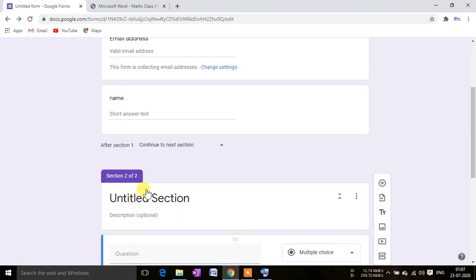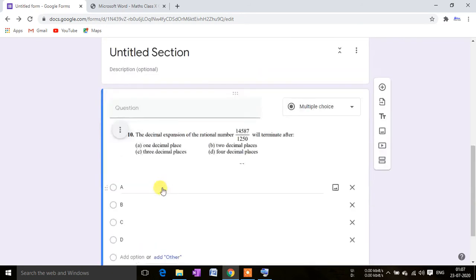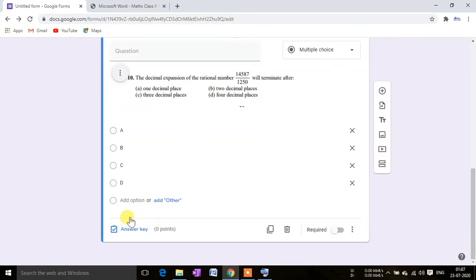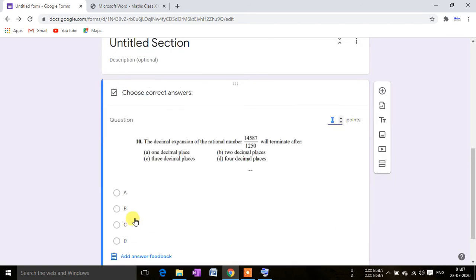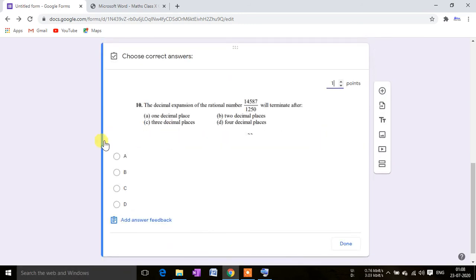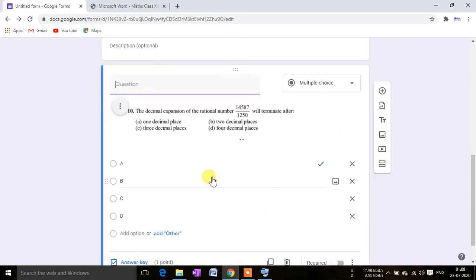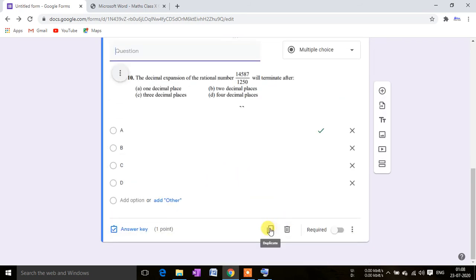Okay, now we will have to put the right answers also. Here we will have to put the marks given to the question. We are going to give just 1 mark, and if I don't know what the actual answer is, let's suppose the answer is 1 A, so we will select the A here and we will keep it done. Thereafter you have to do nothing, just copy this question.